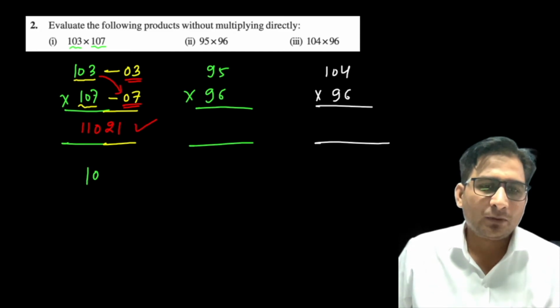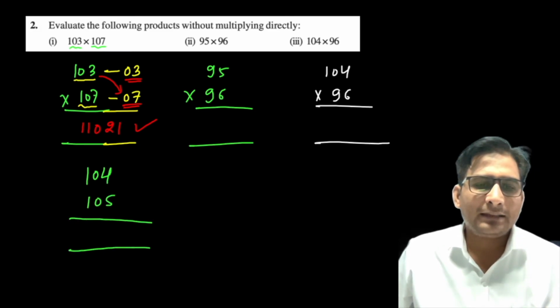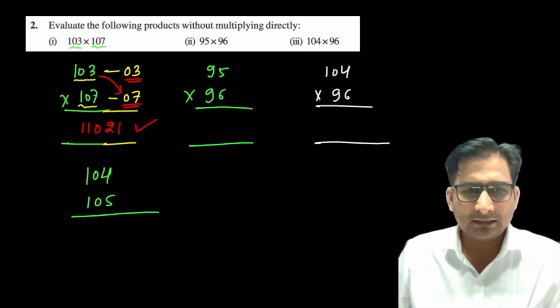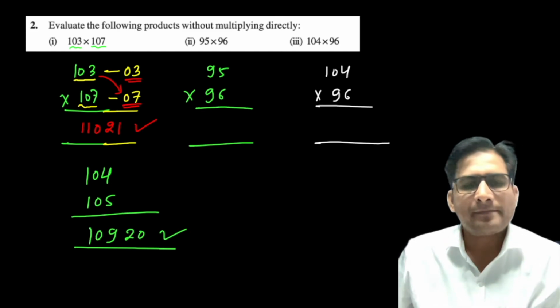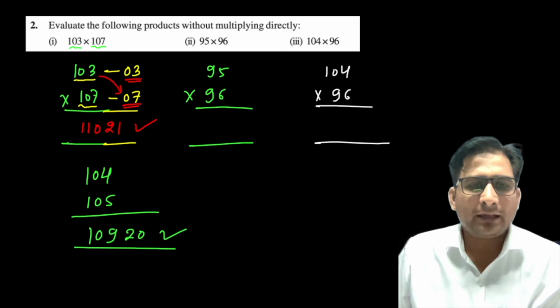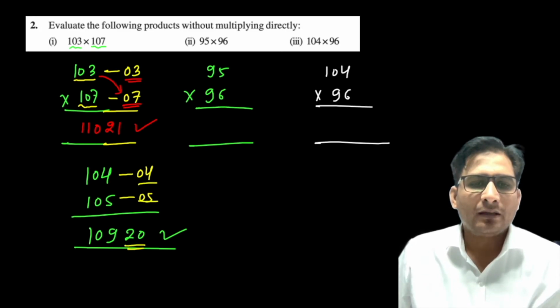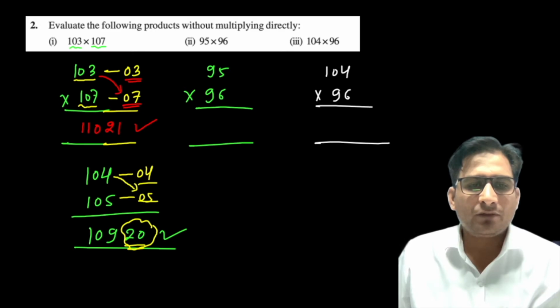एक क्वेश्चन और बताता हूँ. सपोज 104 है और हमारे पास 105 है. So what will be the answer in this case, मैं इसका डायरेक्टली आंसर बता सकता हूँ आपको. इट इज 10920. नाउ लुक एट दिस, हाउ टू फाइंड इट डायरेक्टली. ये कितना ज़्यादा है? 4 ज़्यादा है. ये कितना ज़्यादा है? 5 ज़्यादा है. तो लास्ट की 2 डिजिट क्या आएंगी? इनकी मल्टीप्लीकेशन. तो 04 5 4 5, 20, राइट. और ये इसमें से ऐड करना है. 104 में किसको ऐड करना है? 05 को. तो क्या आएगा? 109.